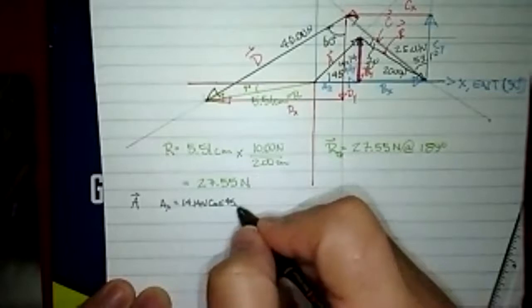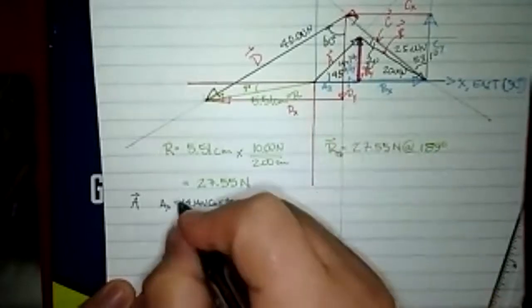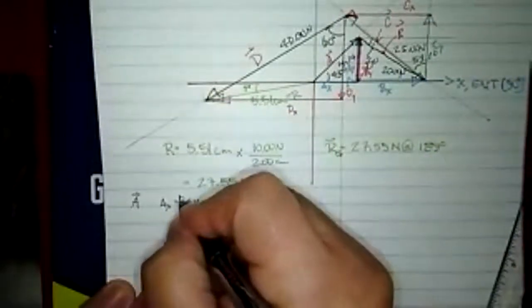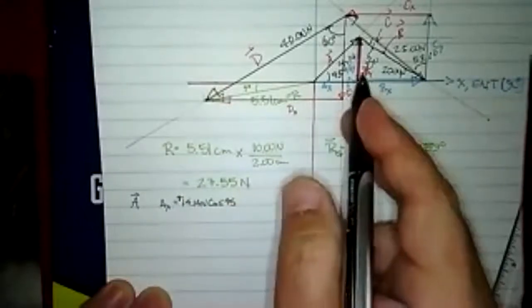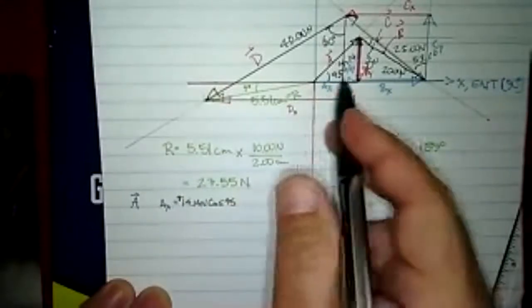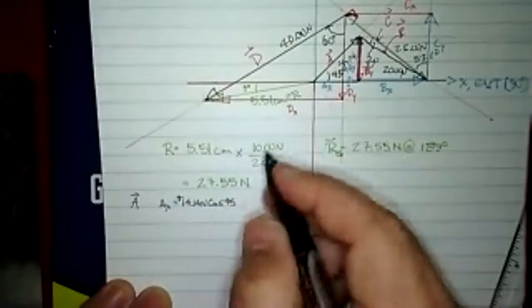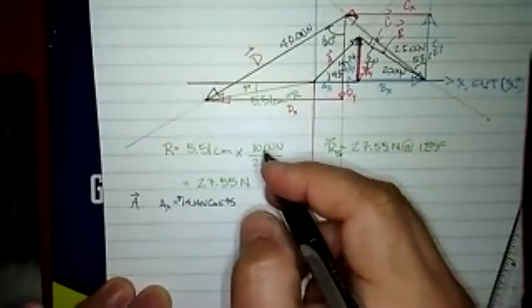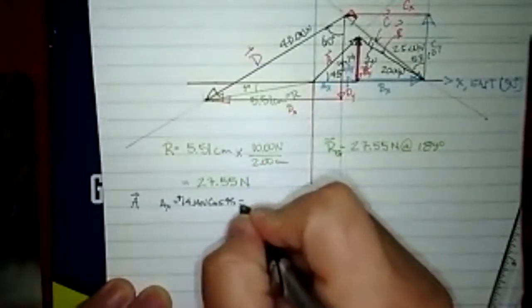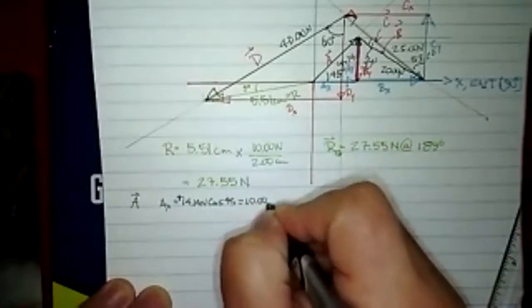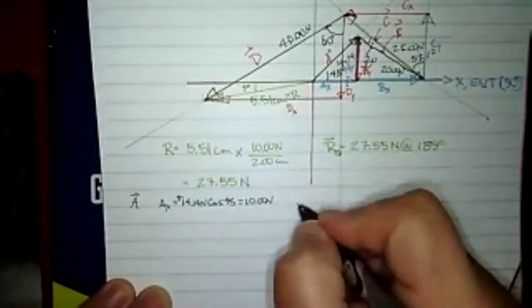So I think you can automatically tell. Notice it is positive, so I'm forcing that sign on there. And that's sort of the way you have to do it when you just randomly take any angles instead of consistently pulling one counterclockwise from the positive x-axis. When I do that, I'm going to get 10.00 newtons, and a sub y